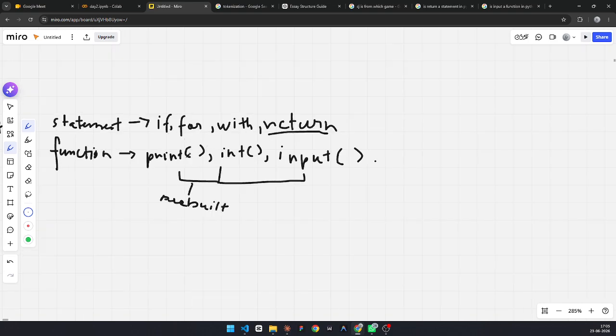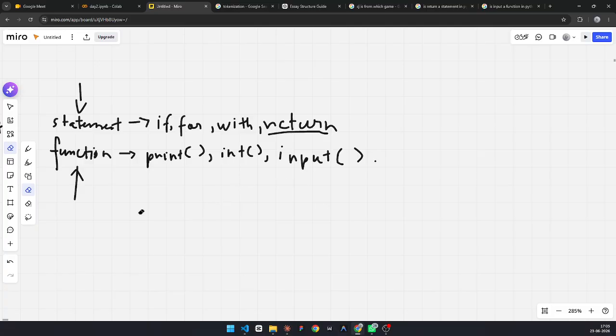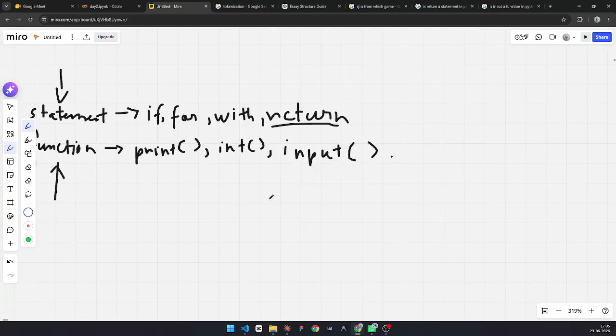So what is the main difference you notice between statement and function? Just tell me in the chat. You can be wrong also, there's no issue in that. Let me just erase this. What is the main difference between statement and function from your perspective? Exactly.